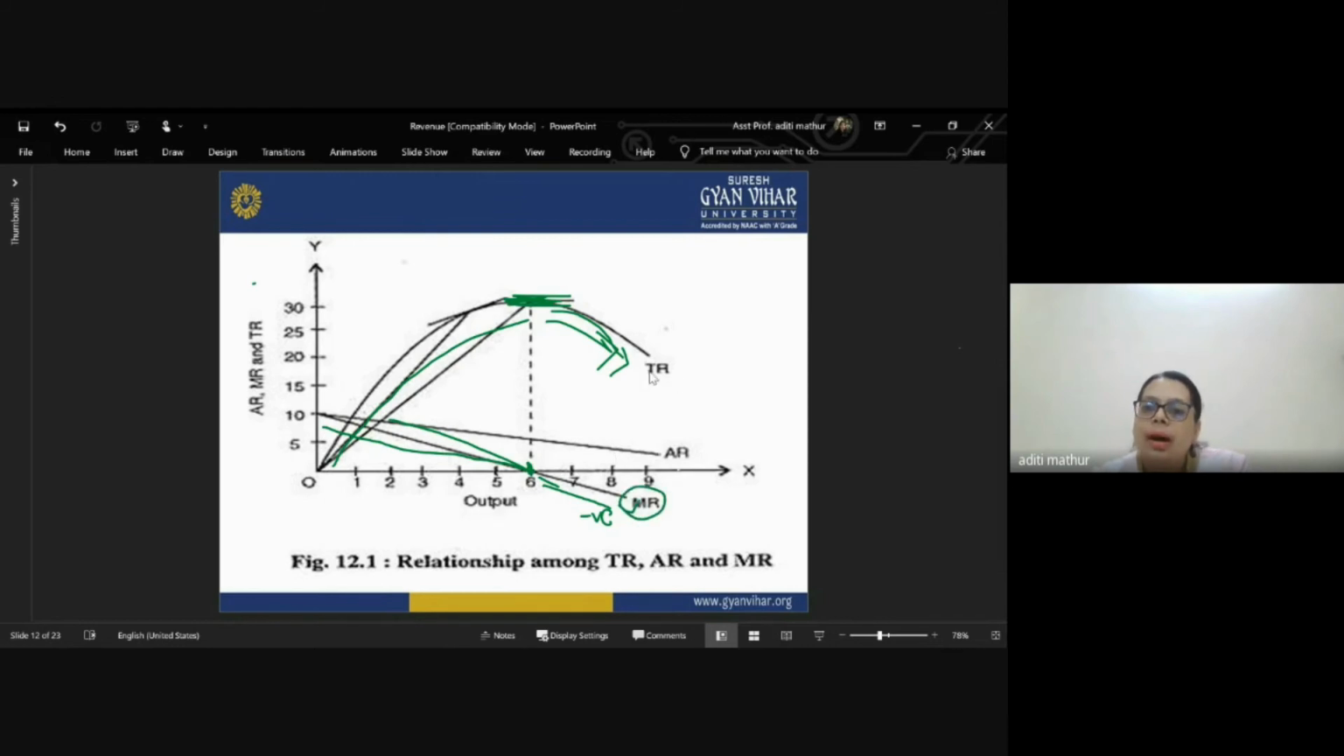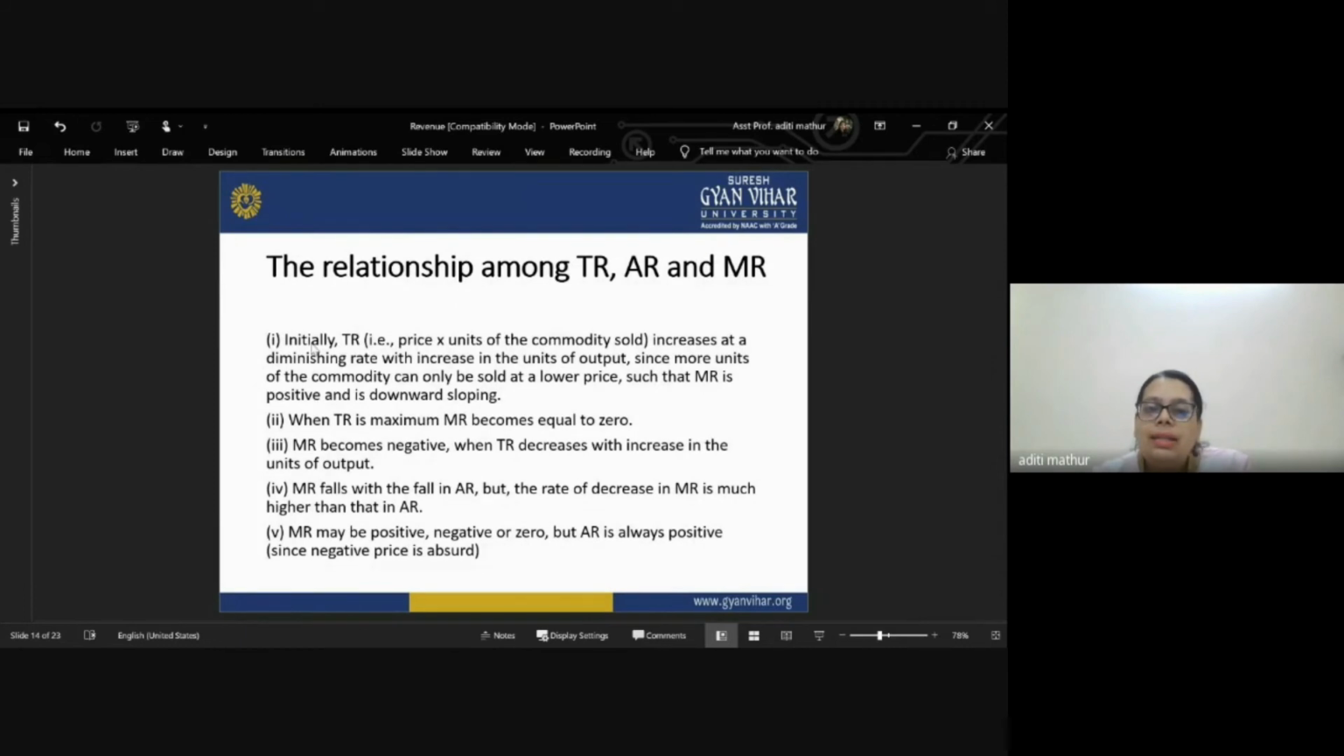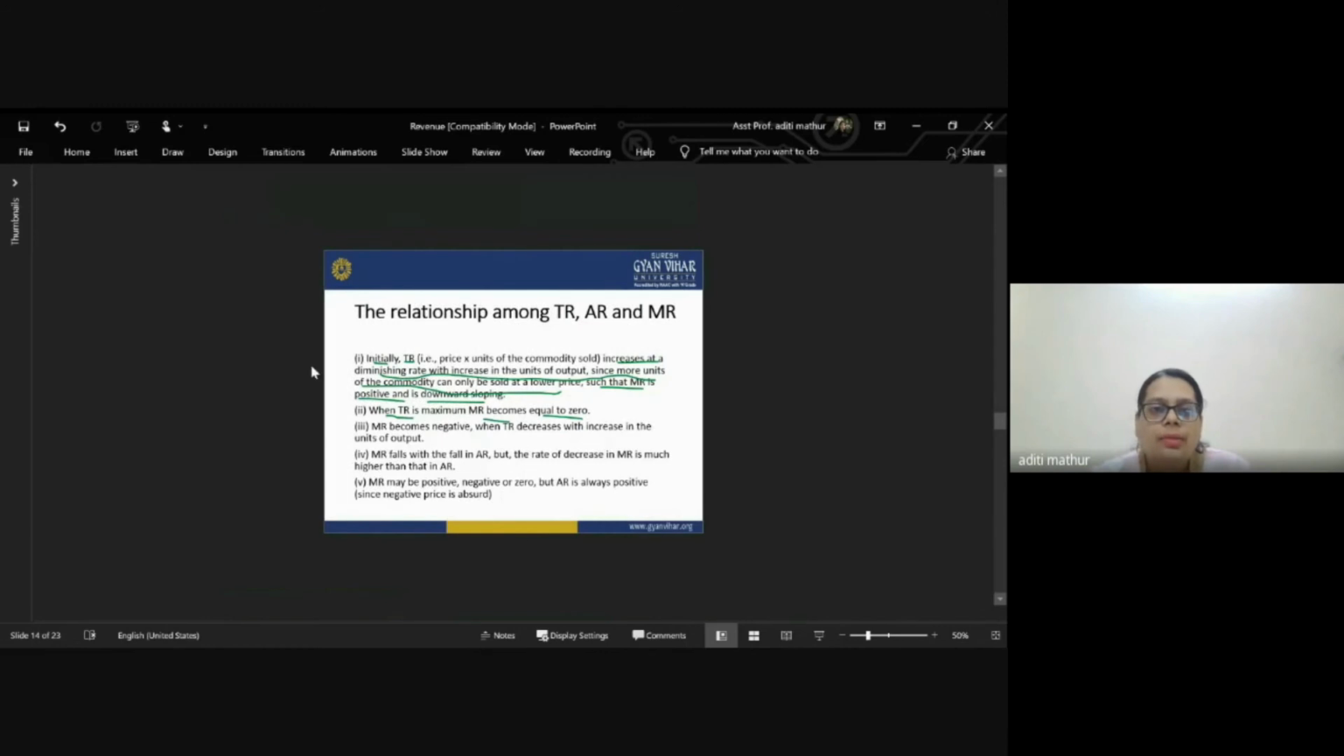So the relationship between the MR and TR is, initially, TR increases at a diminishing rate with the increase in the unit of output, since more units of the goods can be sold at lower prices, such that MR is positive and downward sloping. When TR is maximum, MR becomes equal to 0. So let me draw the diagram over here for better understanding. This is your TR and this is your MR,